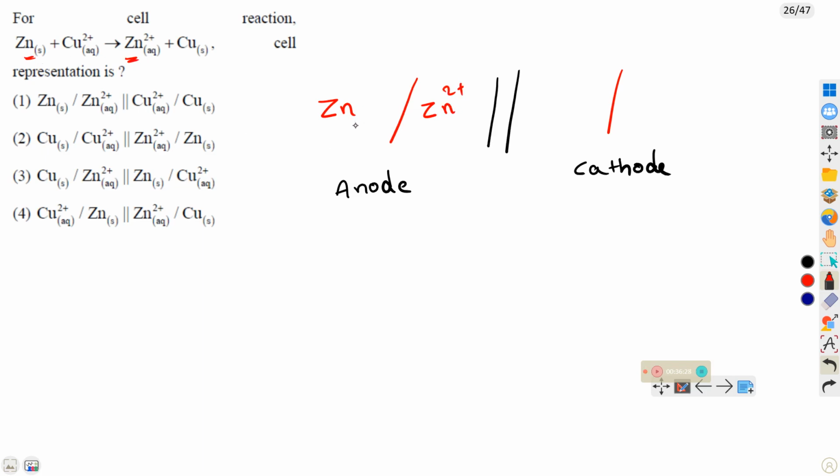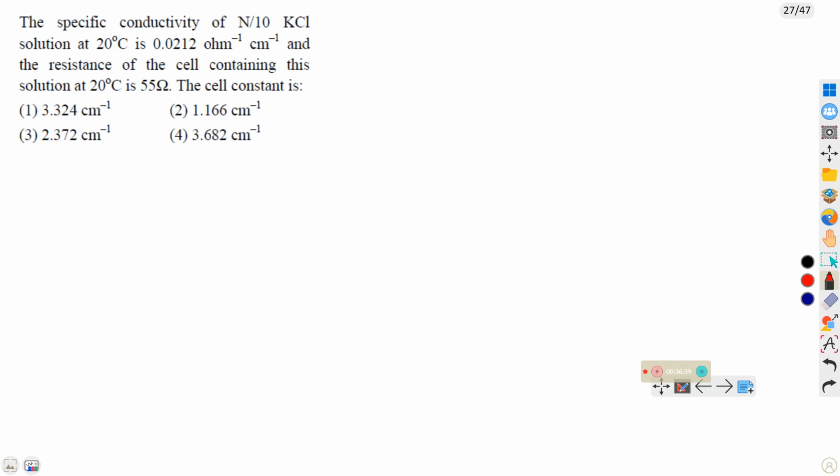At anode oxidation takes place. At cathode reduction takes place. Cu2+ is converted to Cu. First option correct. The specific conductivity of N by 10 KCl solution at 20 degrees Celsius is